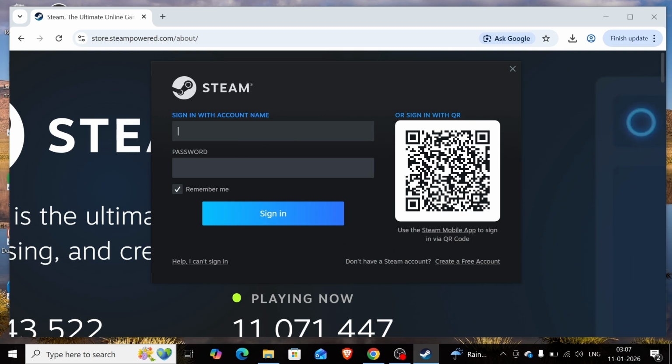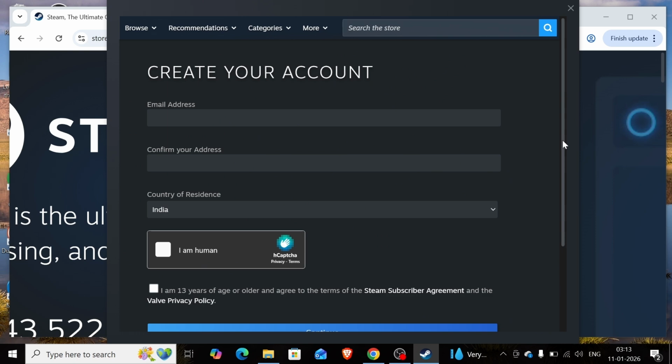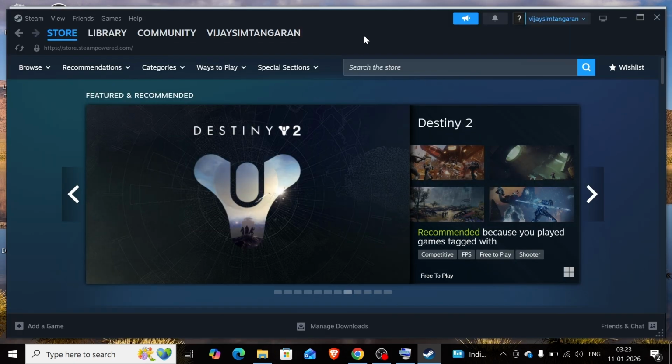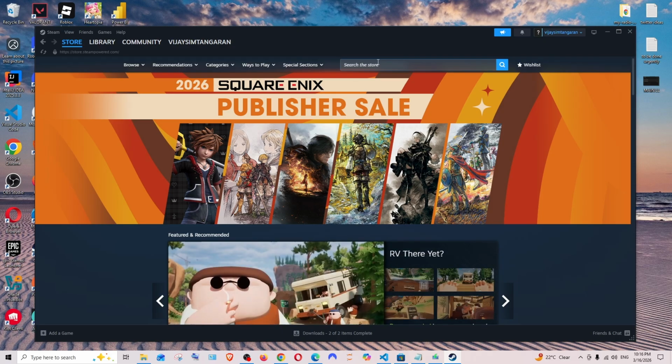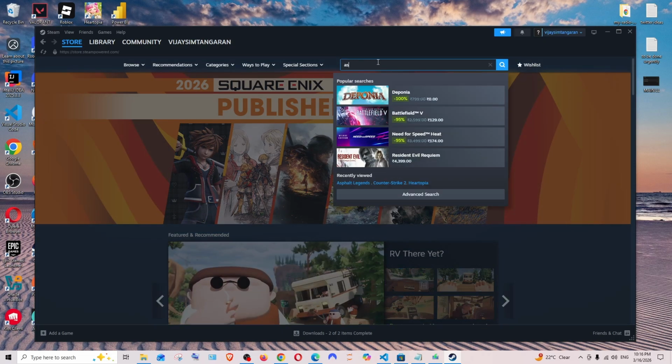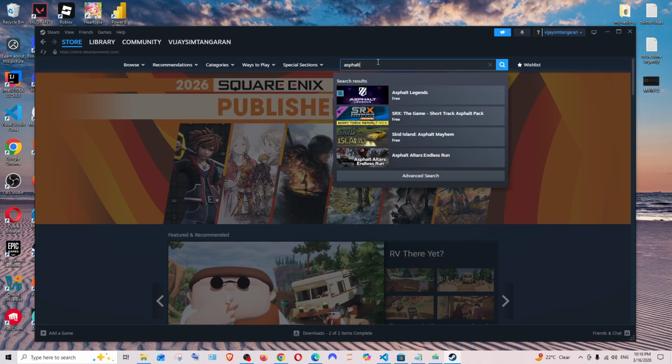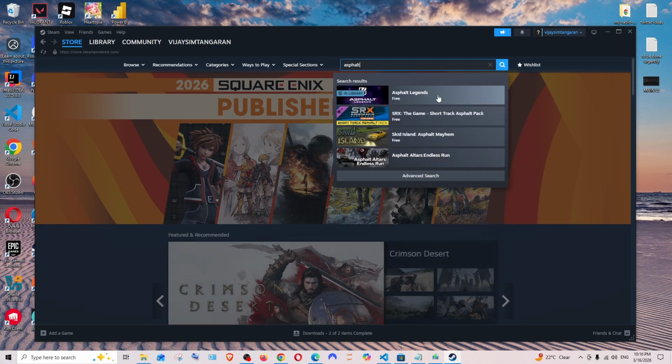So if you already have an account, you can directly sign in. If you don't have an account, here we are having create a free account. Click it. So you need to enter all these details before creating an account. So once you sign in, you will be taken to an interface like this. In the search the store, just type Asphalt, and here as you can see we are having Asphalt Legends. Click here,